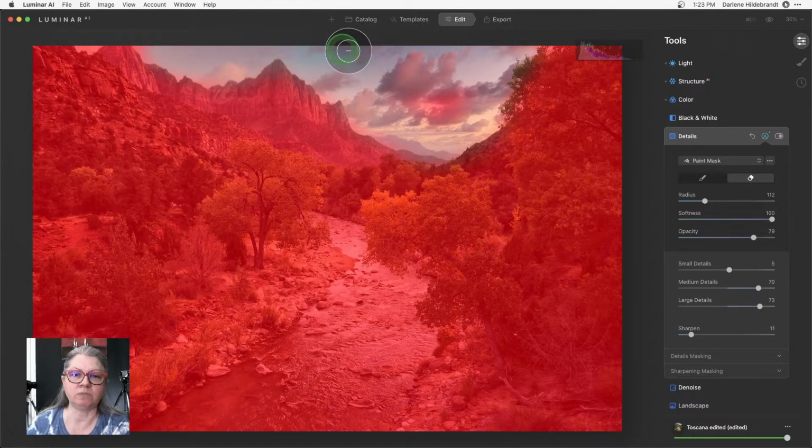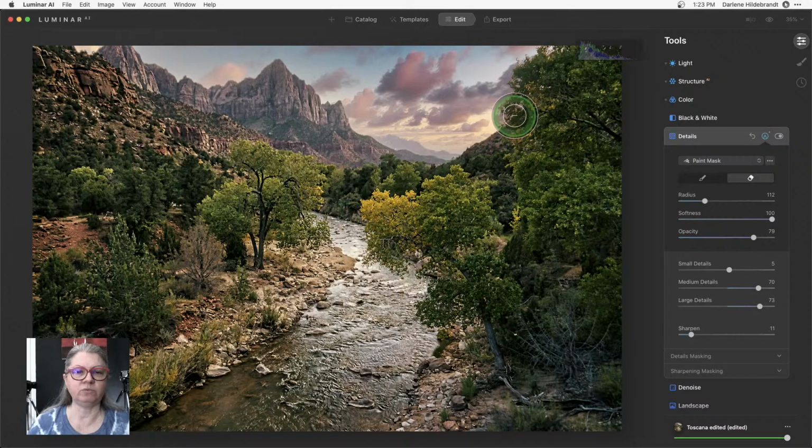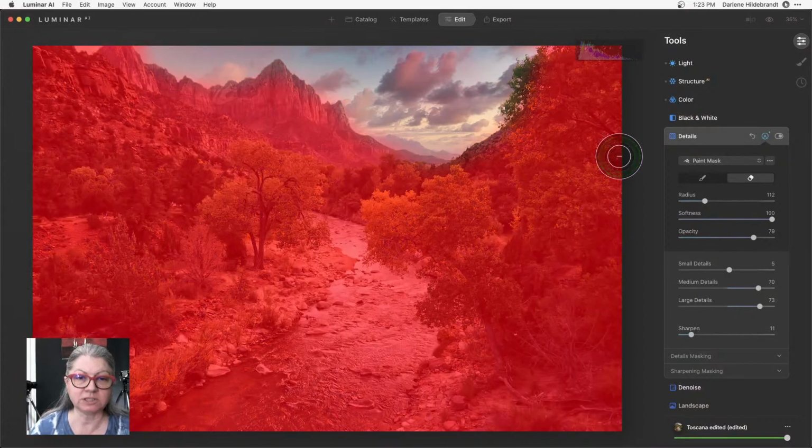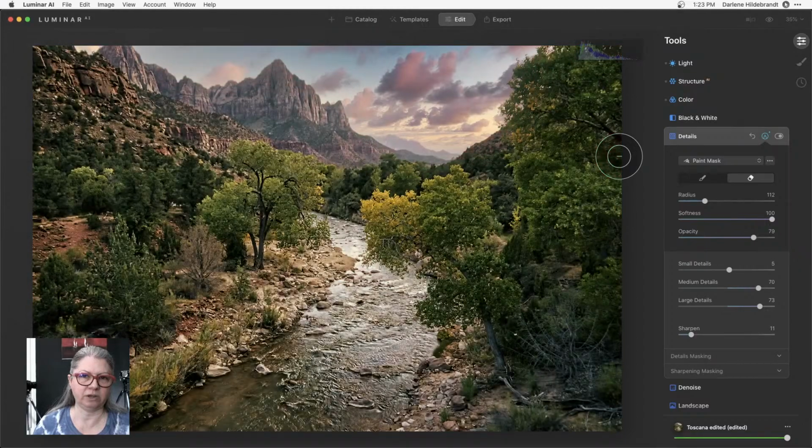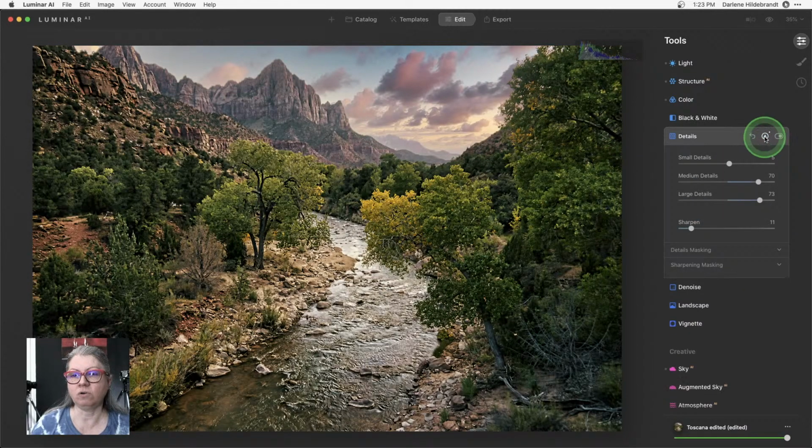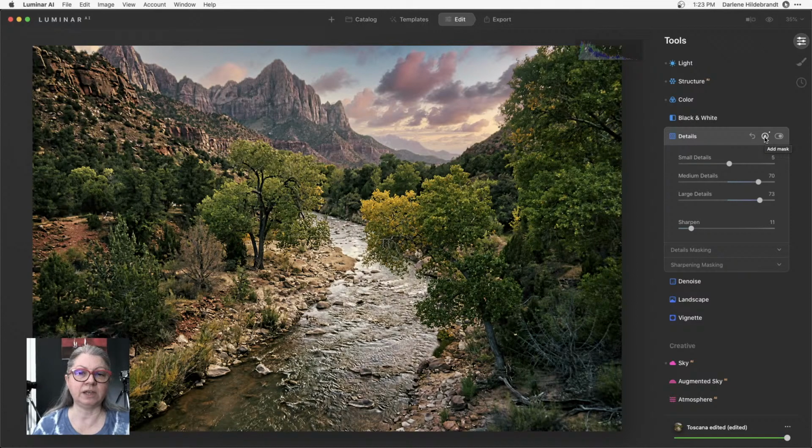This detail is sharpening. So I don't want it as much on the sky, okay? So I've done a really quick job there, but now you can see what's happening. If I turn on the mask, that's the slash key, it's sharpening everything except the sky, okay? Because I don't want the sky to look over pixelated, and often when you sharpen things that are smooth like the sky, you get too much pixelation, okay?